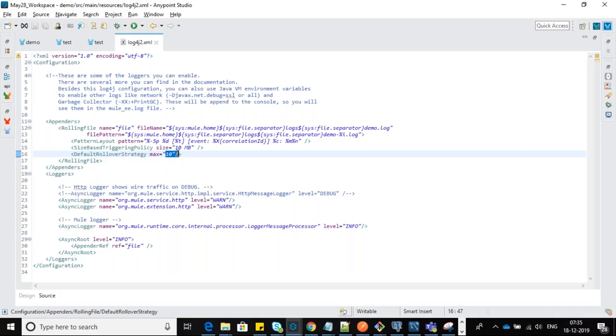Suppose you're working on a bank domain project. Logs are very important for troubleshooting. Somebody raises a concern, then we have to go and look into all the logs: what exactly happened when the customer logged in, from which browser he is trying to log in, all this information we have to trace. So if you want to maintain the logs, we can get them from MuleSoft. They expose it as a REST API. We can get the folder for every 100 MB and maintain it even on premises. So that is one thing.